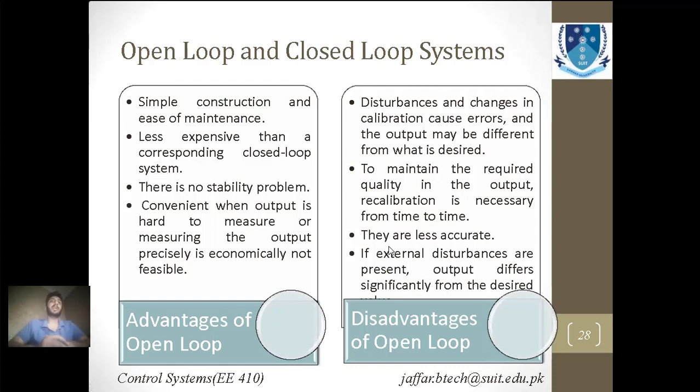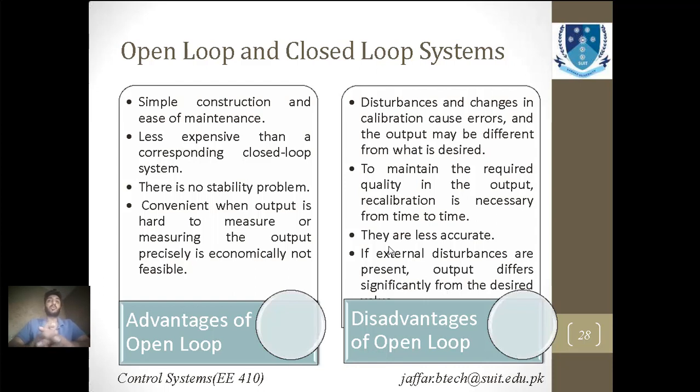Now you see here is the comparison between open loop and closed loop control systems. The open loop control system is very easy to make. It is less expensive because you do not need feedback or feedback sensors. But there is a stability problem. The system can become unstable, and you will not have any idea that the system is not performing well. So this is not an accurate and not a reliable system.